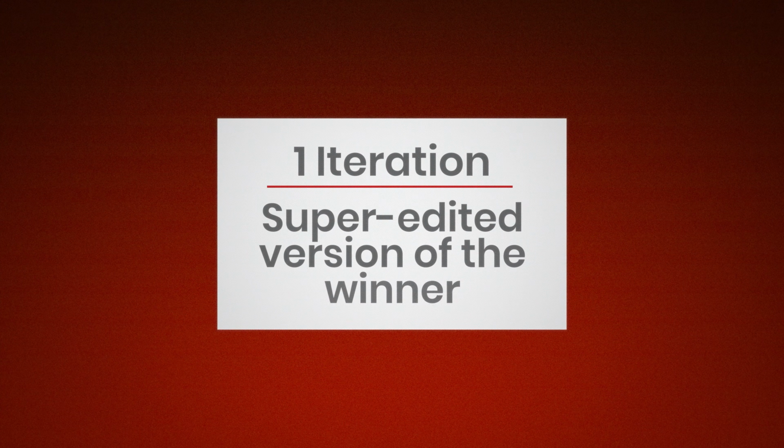But once you do have a winner, you don't go straight back to testing new concepts. You extract 3 iterations off the winner first. The first iteration is a super edited version of the winner. The script stays the same, but the pacing gets faster and the graphics get stronger. Faster cuts, reduced drop-off, which means more viewers stay long enough to be sold.